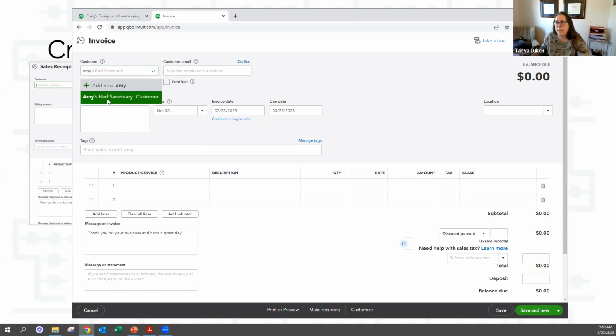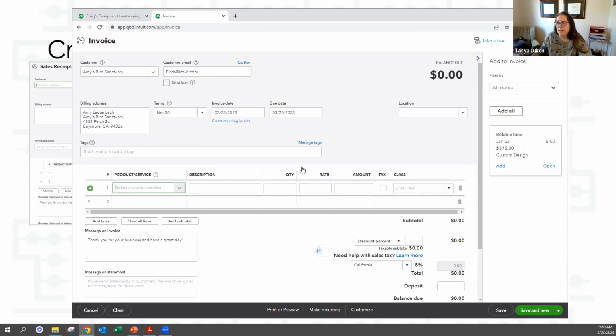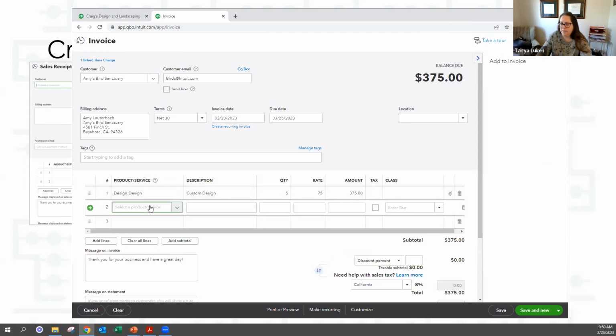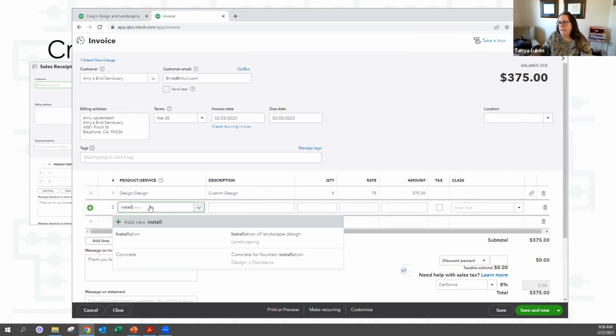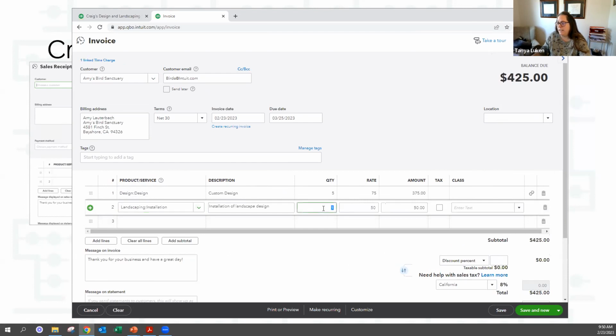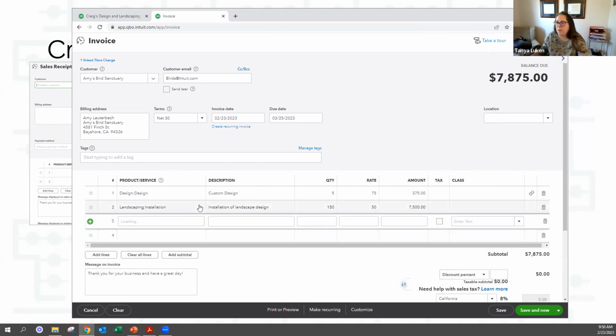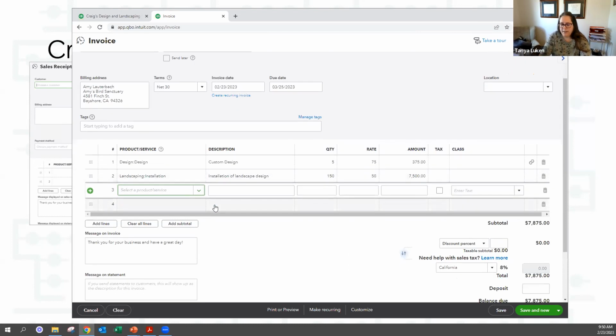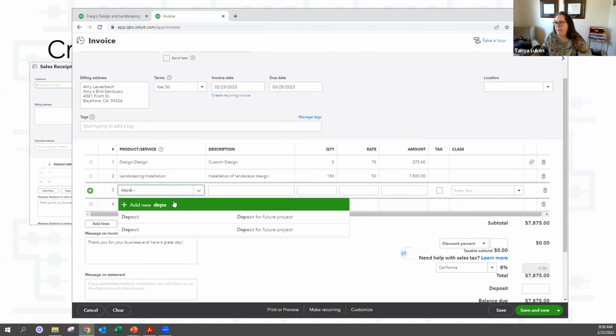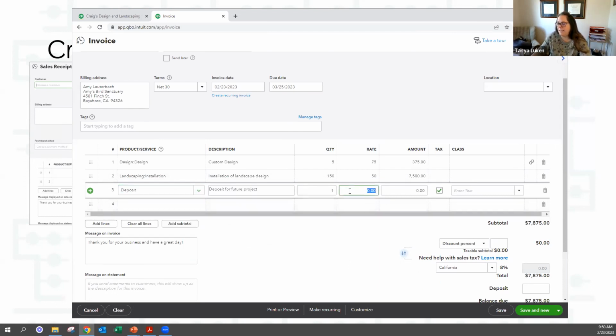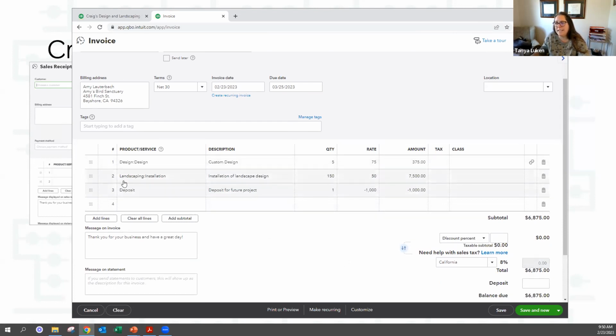So we're going to make her an invoice. We're going to add some time, and say we did some installation of things for 150 hours. And so now she owes us $7,800, and we're going to put her deposit here as negative $1,000. So I like to do it this way, where it's just a line item.